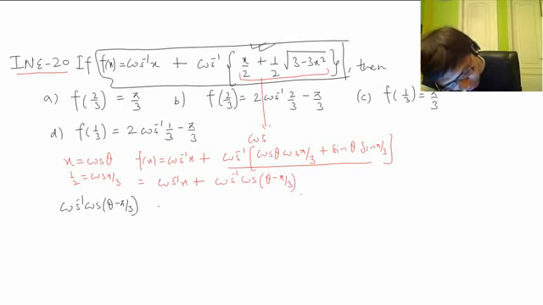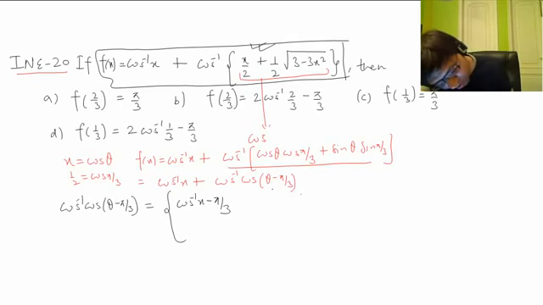Now, one way to break this is, you can cancel cos inverse with cos. It is theta minus pi by 3, meaning cos inverse x minus pi by 3. But this is only true when theta minus pi by 3 is from 0 to pi. That is, theta is greater than pi by 3 and less than 4 pi by 3.